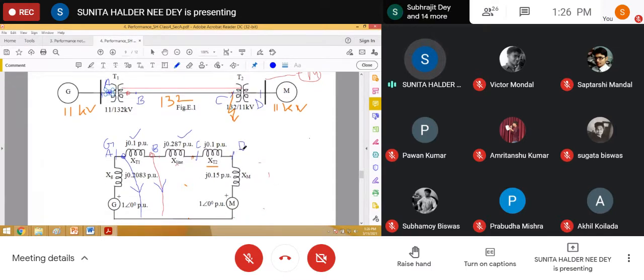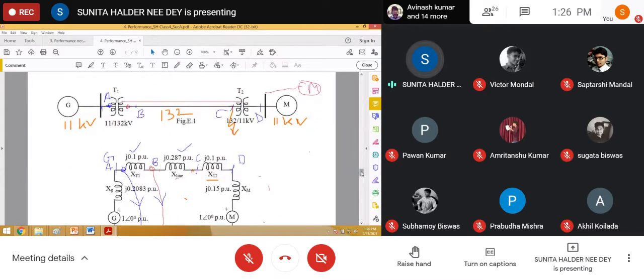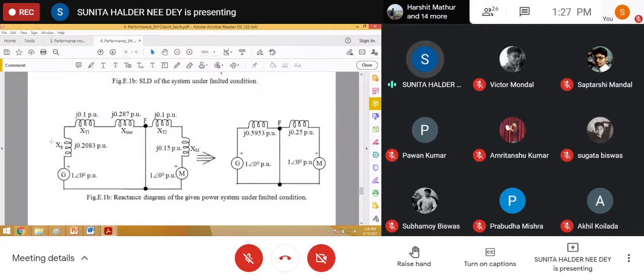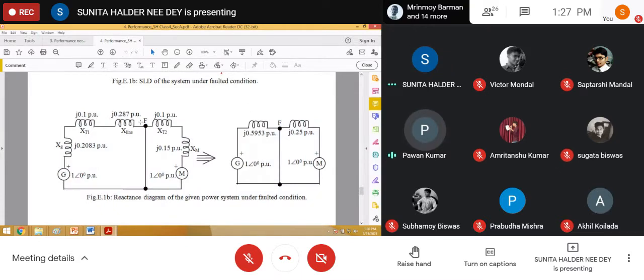Then in between D and reference, there is the motor. A synchronous motor is always represented by a voltage behind a reactance. So similarly, the reactance of the motor, then the motor induced EMF. Would you follow me? Yes, ma'am. Okay. Somehow my PPT presentation has been deleted. I do not know. I have to check it again. Anyway, let me manage this at this moment in this way. So this is the reactance diagram. After that, how will you get the faulted condition? Introduce the faulted condition. Could you follow this or not? Yes, ma'am.